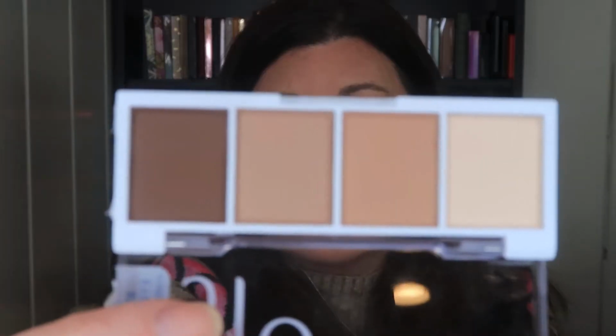You put two complementary palettes together and then maybe get an eye look. And this one has a matte. This one down here is a matte and then three shimmers. And I Like You a Latte, it's a standard solid neutral nude palette, which to me is fantastic for everyday. And at $3 a piece, you pop them in your purse or your center console or your car,